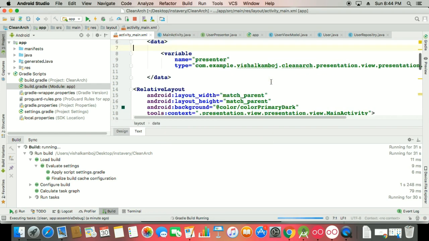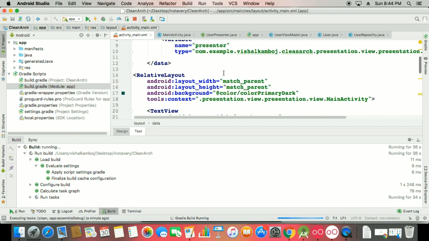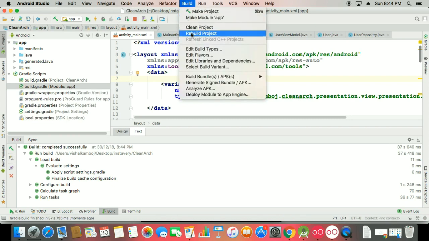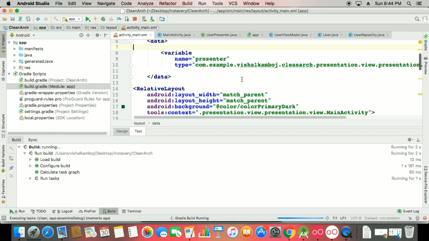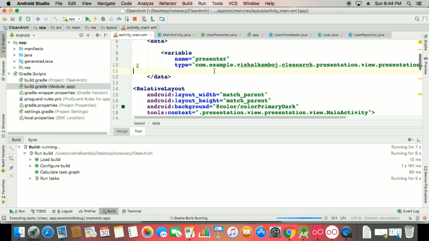It's working well, as I told many times. Here we have just simple layouts. So I have changed the things, so just rebuild it. And here you can put your view model also, but I'm not using it today. I will use the view model factory in the future.